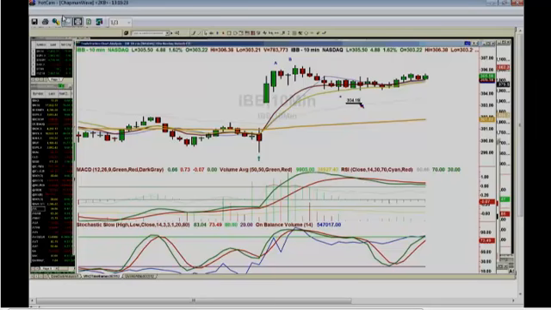304.19. And then what does it do? It goes another little A right there. And these are peaks. Remember, this has got nothing to do with A to B equals C to D. That's often spoken about at TFNN. This says that it is making higher peaks, and on the downside, we call them troughs: trough A, trough B, trough C. And what this says is there's a really good chance that you're going to get a move to